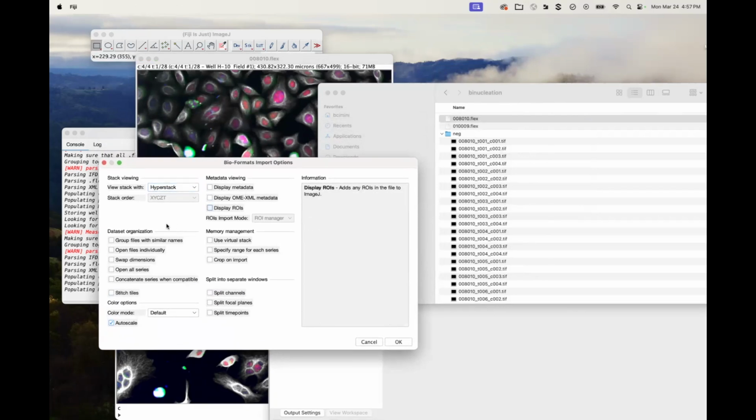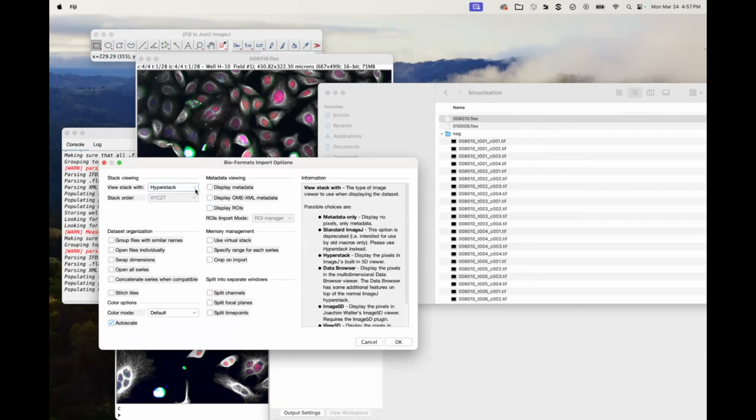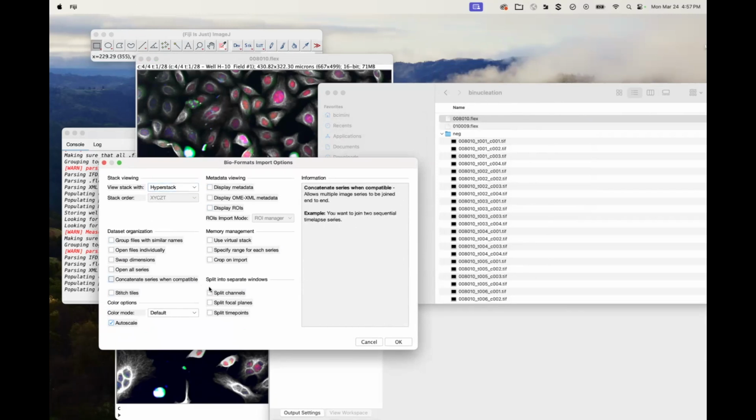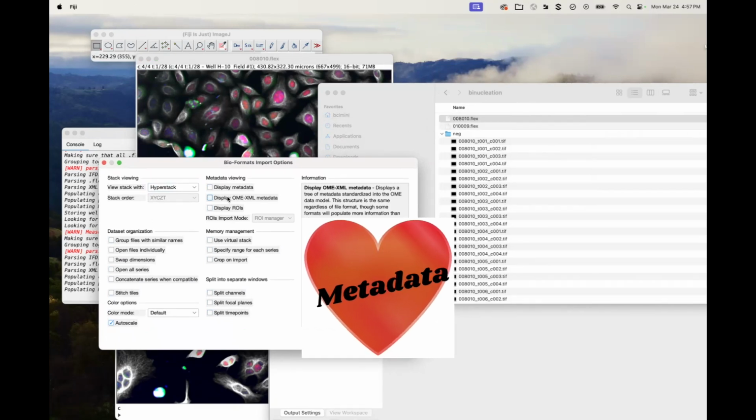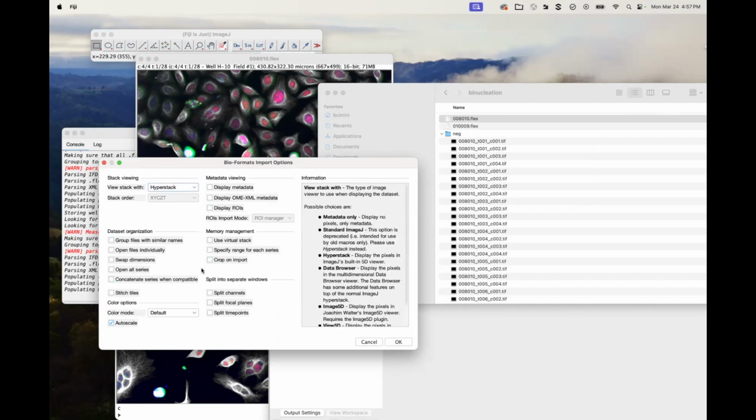And again, Bioformats, fantastic open source project, that adds incredible value to the community. And it gives you a lot of different options. If you want, you could say that you want each thing with its own channel or its own time point. So if I wanted all of those files individual, I could do that. I can also ask it to show me some of the metadata. Erin's favorite thing, metadata. If there were ROIs that had been saved off of your microscope or when you saved the data last, you could open those. So a lot of things you can do with the bioformats loader.